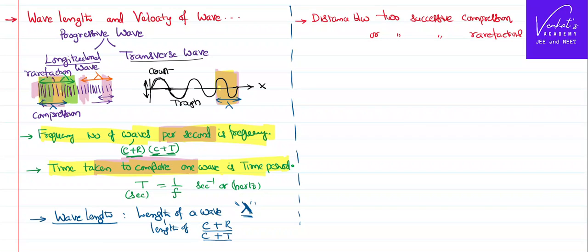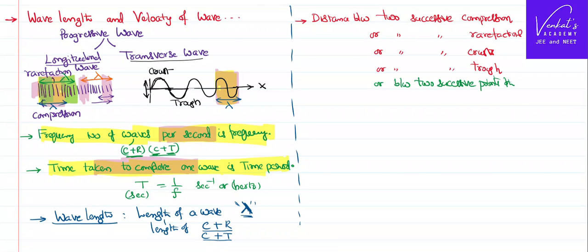Anyway, it is the same. Either compression and next rarefaction, or compression and then the gap, there is a rarefaction, and again there is a compression. The distance shall be the same. That kind of a definition. So if you define it in another way, it is the distance between two successive crests, or the distance between two successive troughs, or even in a broader sense, the distance between two successive points in a wave motion